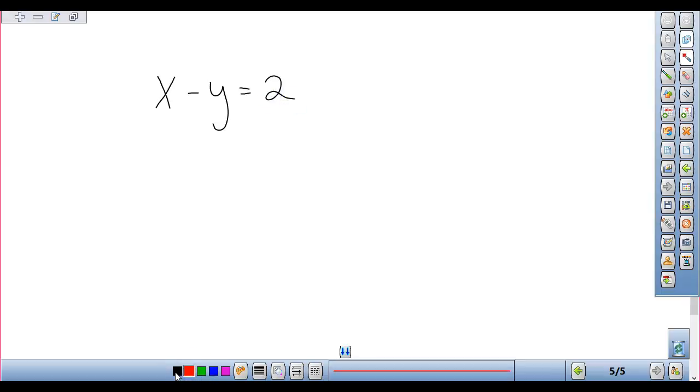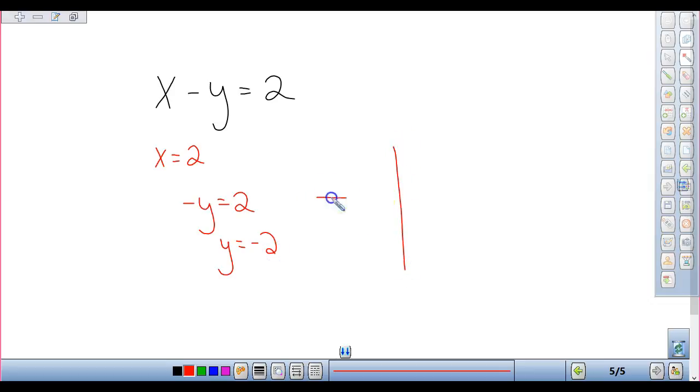Alright, so this one, x equals 2, but then when I'm doing my y, what do I have to bring down? Negative y equals 2, and how am I going to get rid of that negative? Divide by -1, so y equals -2. So when I graph this guy, I've got -2